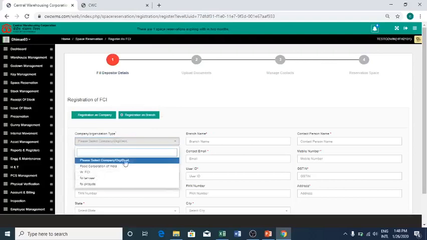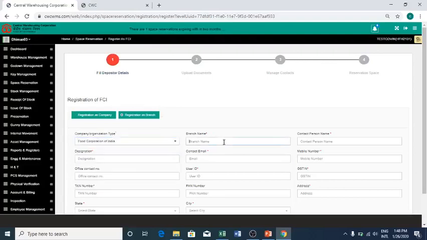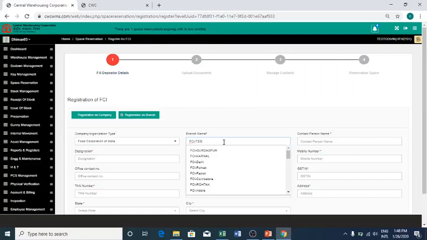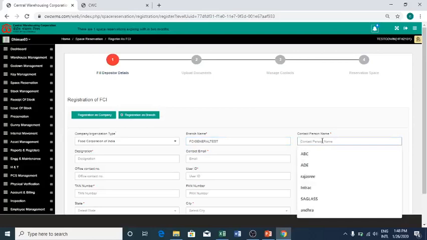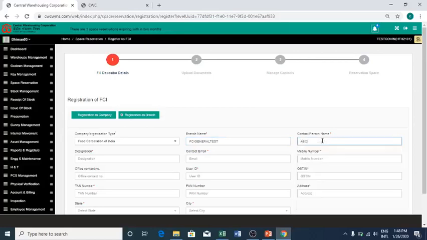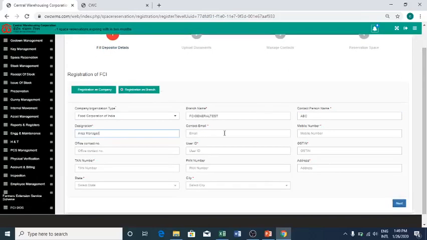So what we do is we create a Food Corporation of India user. The branch name is FCI dash FCI General Test. That's how the username will be created, and then you put the company name and the concern name, and normally this would be the area manager of the particular FCI area office.